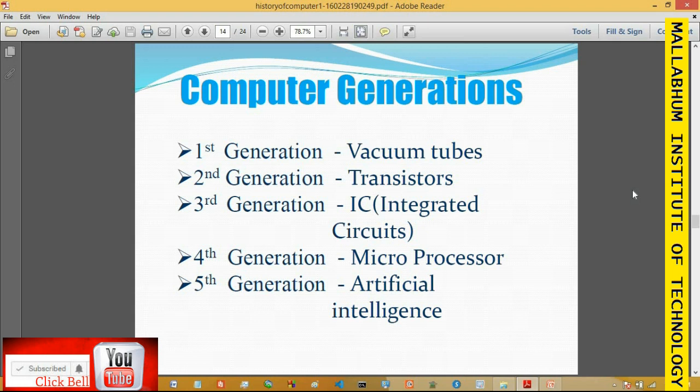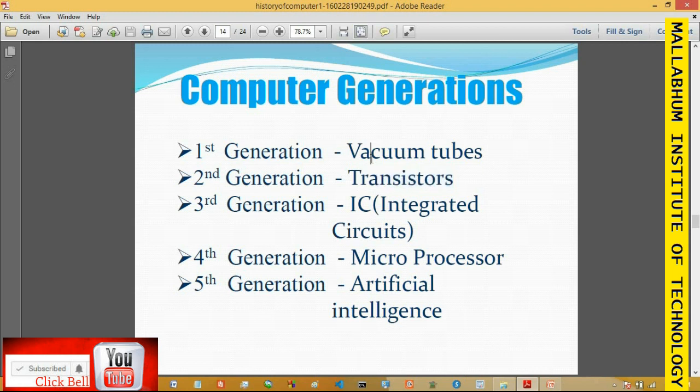Vacuum tubes means, whatever amplifier you have seen, that means the transistor. Transistor is an amplifier. Whatever amplifier you are seeing today with the help of the transistor, maybe the BJT, maybe the CMOS, maybe the MOSFET, that was previously done by vacuum tubes. Whenever the transistor was not invented, the vacuum tubes performed that function exactly. But the problem is that the vacuum tube size is very much bulkier than the transistor. So whatever computers were built at that time were built with the help of these vacuum tubes to perform different computational tasks.